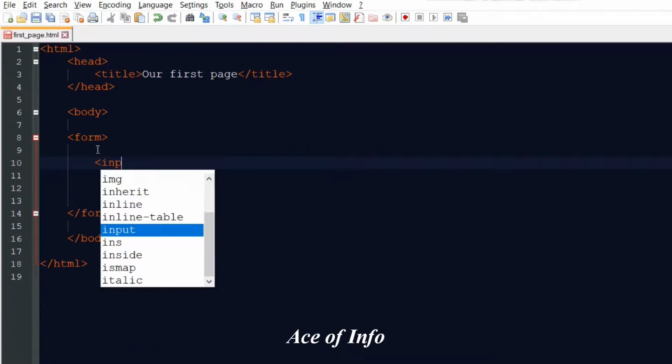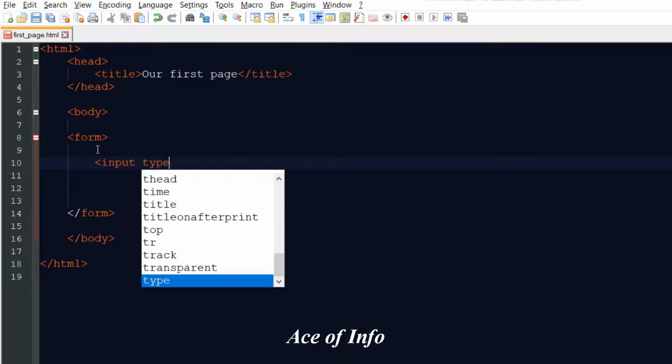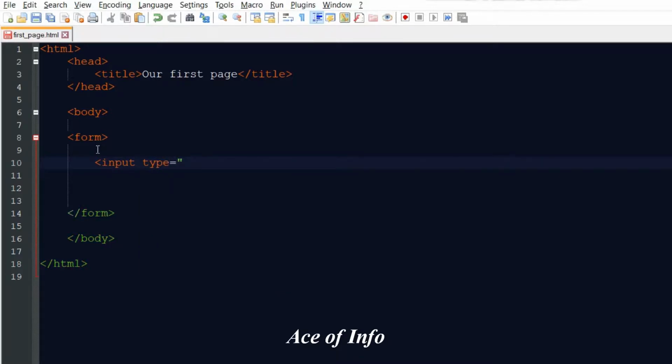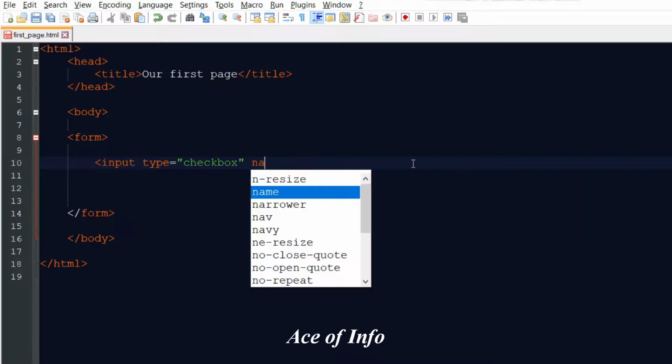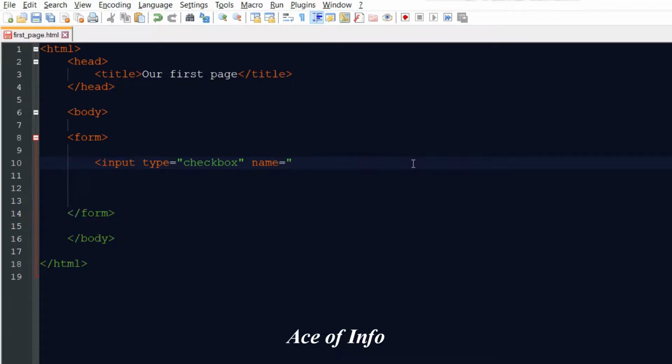Now I am going to change the input type to checkbox. Now it allows the user to select more than one option. When I'm using a radio button, the person can choose only one option, but when you are using a checkbox, you can choose multiple options. Type checkbox, and then you have to give the name. Let's say courses,